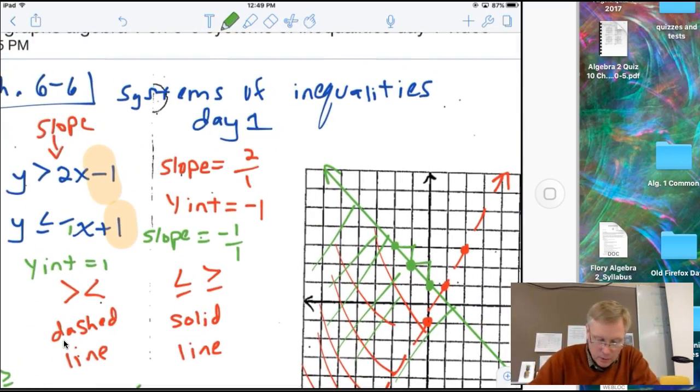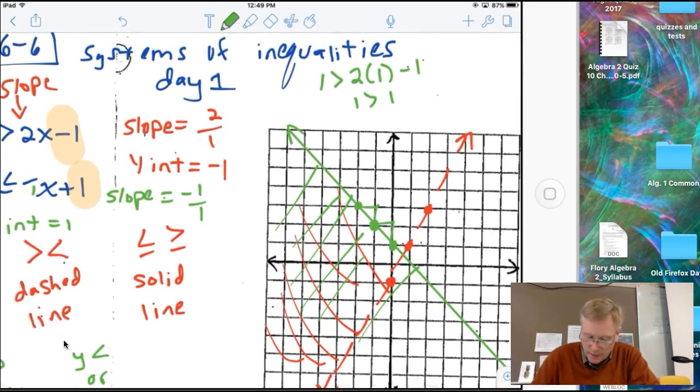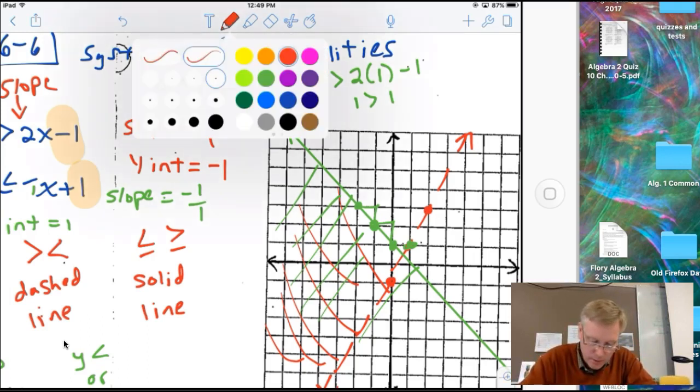If I was to plug in 1, 1, I get, for the top equation, 1 is greater than 2x minus 1, 1 is greater than 1. 1's not greater than 1, which means it's the other side of that line. So that would have been, that's a good one for the green line. Not such a good one for the red line because it's right on the red line. So if I use a different test point for the red one,